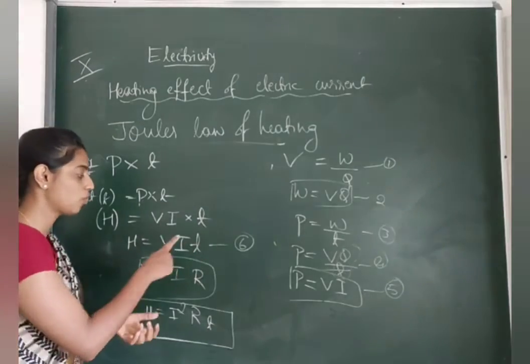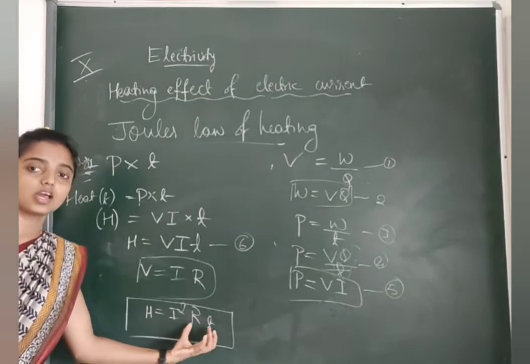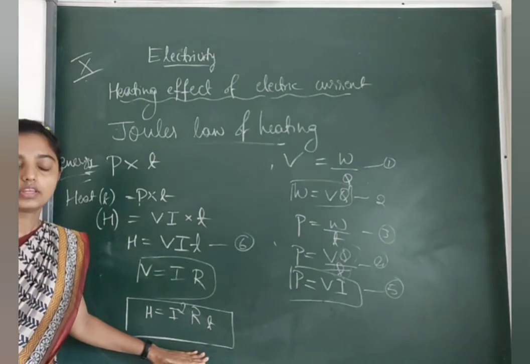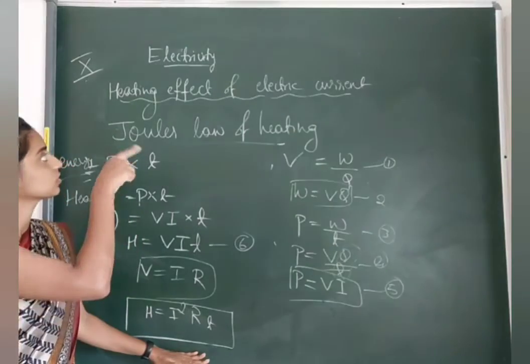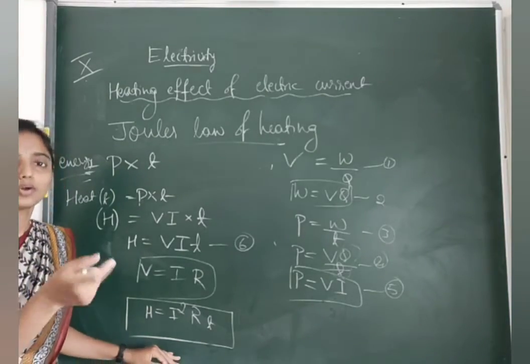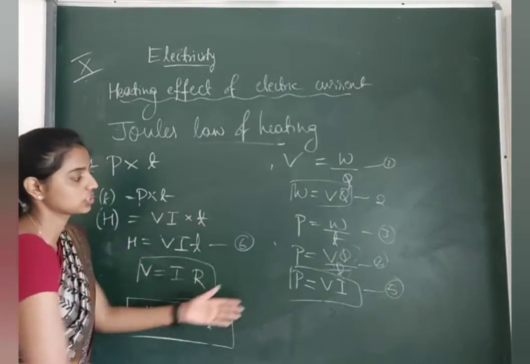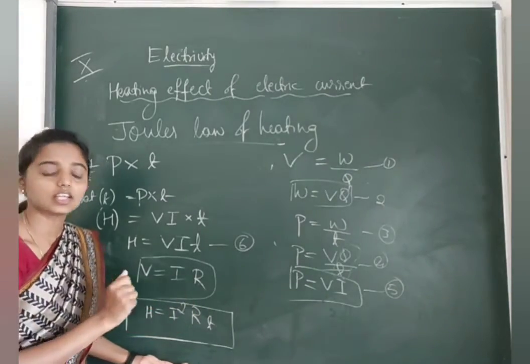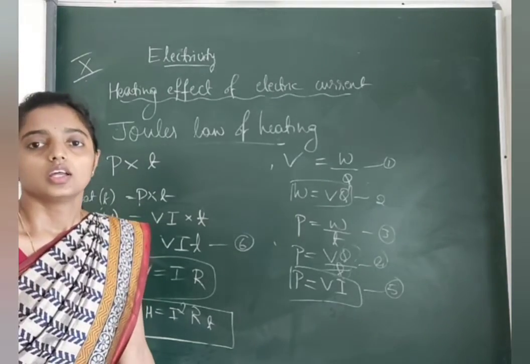Then from Ohm's law, V is equal to IR. Substitute in this equation, hence we got H is equal to I square RT, which is the Joule's law of heating. In our 10th syllabus, if they ask a question related to Joule's law of heating effect, you need to write this equation, H is equal to I square RT. In some problems, we will also use this equation. As I already mentioned, you need to remember all the sub-equations which we used to get this derivation. Clear? Now from this we can conclude that heat is interrelated to current, resistance and time in an electric circuit. Clear? Now this is the derivation.